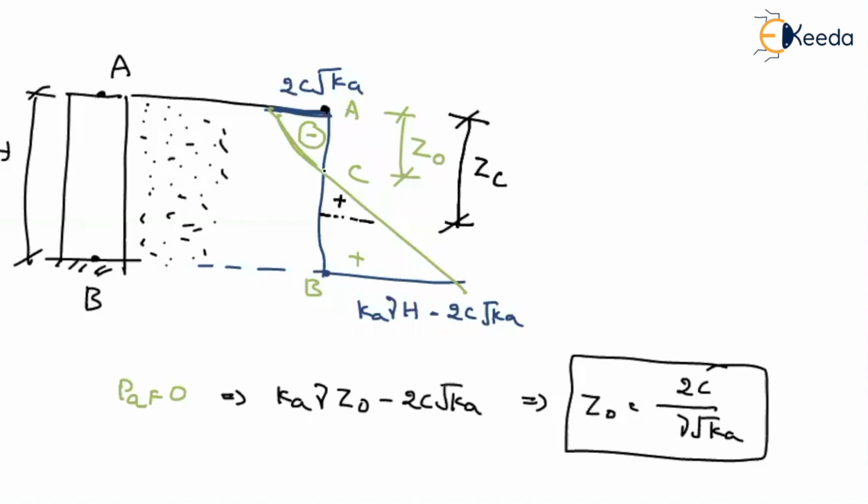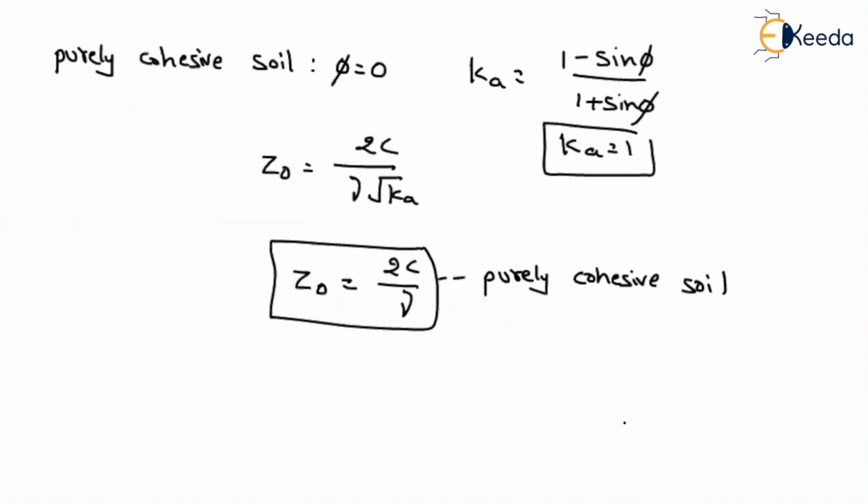As these two will be balanced, there is no need for support. This is called the critical height. That means the point up to which the soil can retain itself, and no extra support is required. So here I will introduce a new term, ZC, that will be represented as the critical height. Critical height is nothing but a vertical cut